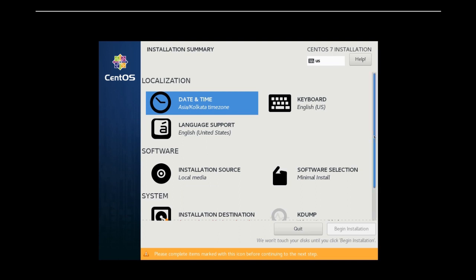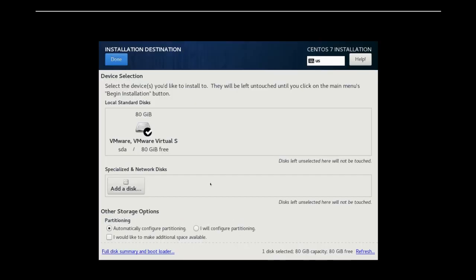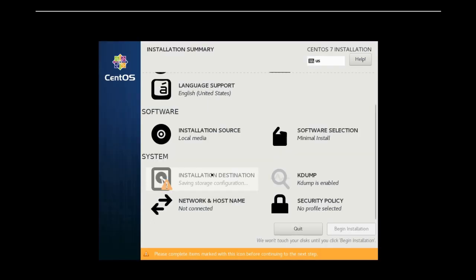For installation destination, let's choose the virtual hard drive we provided. The interesting part is you can create partitioning. It will automatically configure the partitioning, or you can configure it if you want to. I am not going to show you how to partition, so I am selecting the default automatic configuration. Click on done.